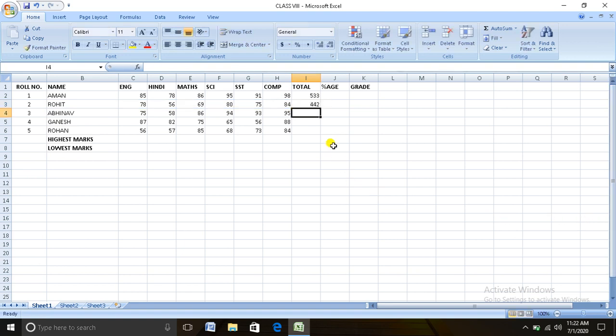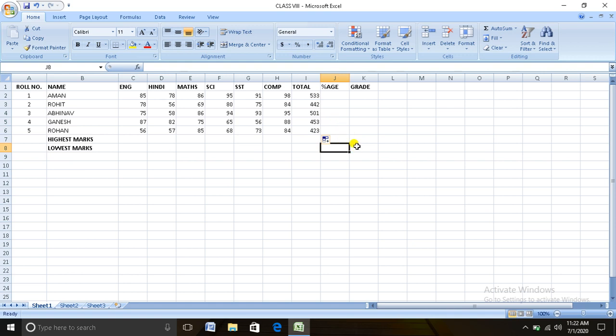There is no need to write the SUM function for each and every row. You can simply copy it. Place the cell pointer on the cell that is to be copied and place the mouse pointer at the right bottom of the cell pointer, press and hold the left mouse button and drag it down. Now you have the sum of all the rows.